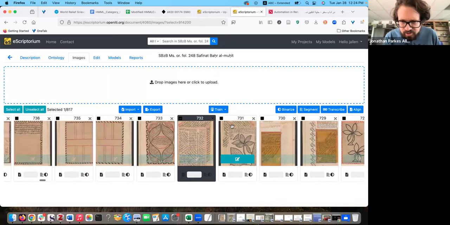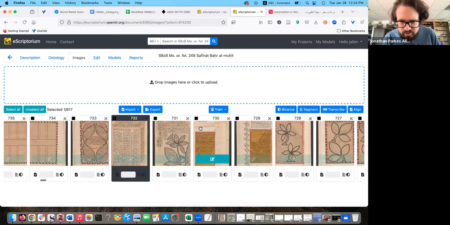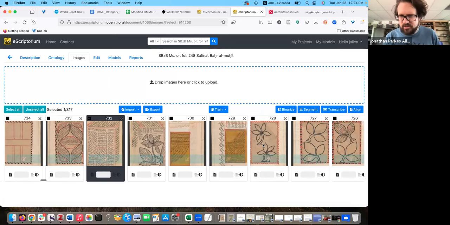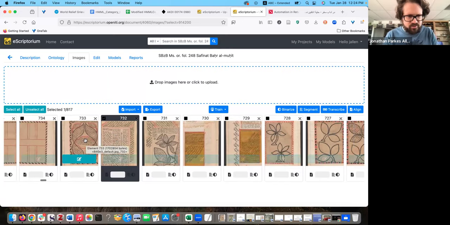So this is the page that we were just looking at. And there are 2 pages before it, but they're unfinished. But there does seem to be a theme in this little section. It's like different kinds of adab. So we have another page of adab, and then the next page